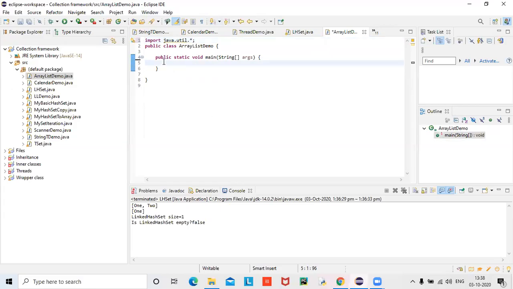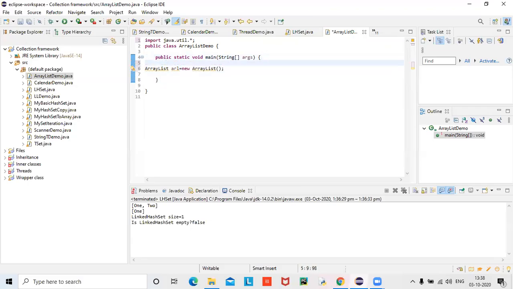Here the first step is creating an object for that array list. ARL, otherwise you can take any variable name, no problem. Now I want to add elements. What is done in the previous step?